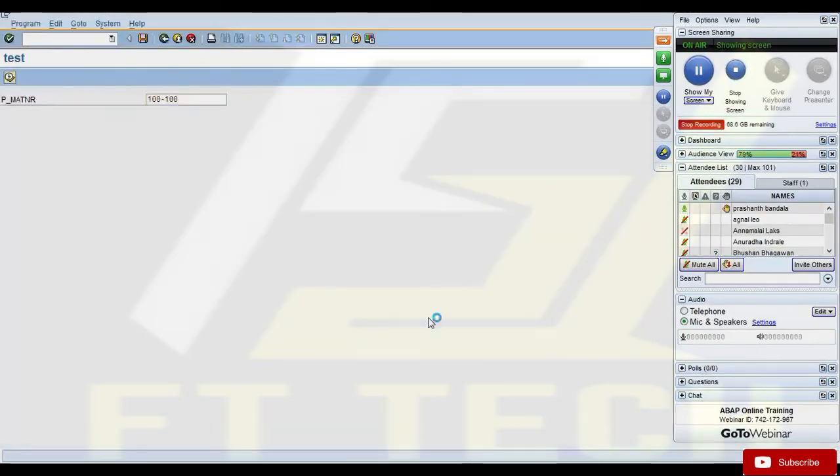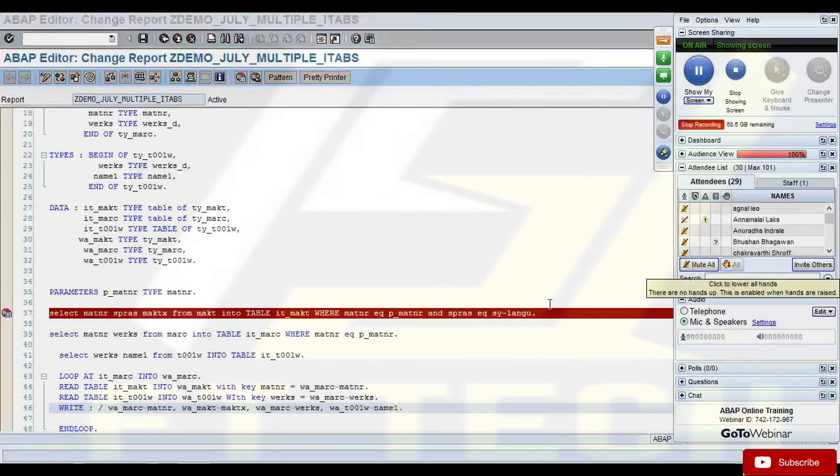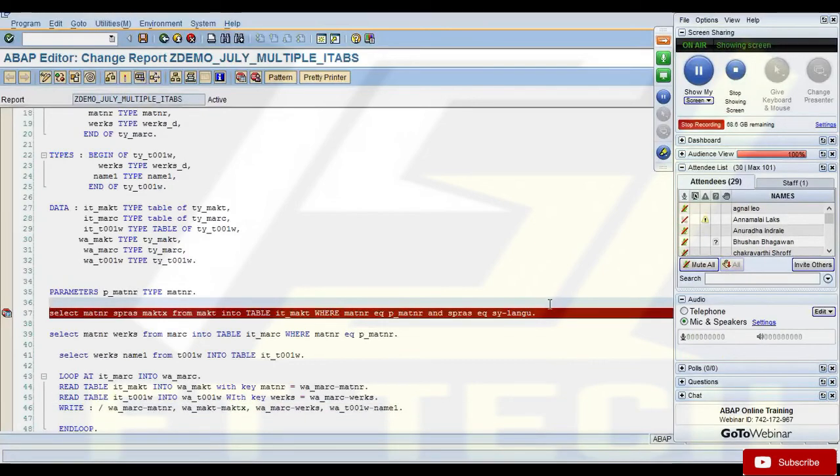Any questions? Anyone? So any questions with this? They say if you can understand looping a table, reading a table, which table to loop, which table to read, if you can write a read statement within a loop, you know ABAP. ABAP is all about this. You can take my word for that. So if you are comfortable with this part, then you'll be very comfortable with everything else.